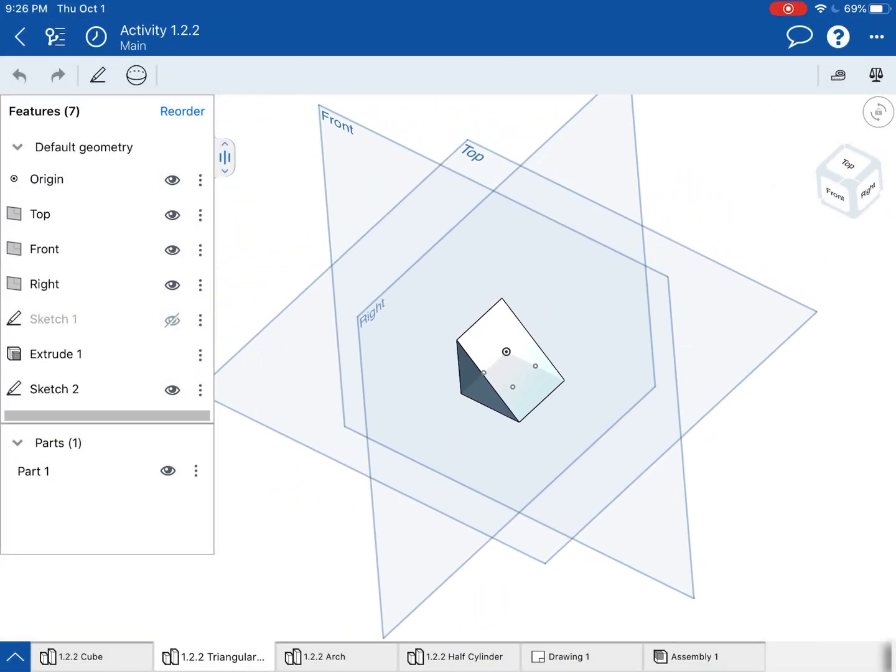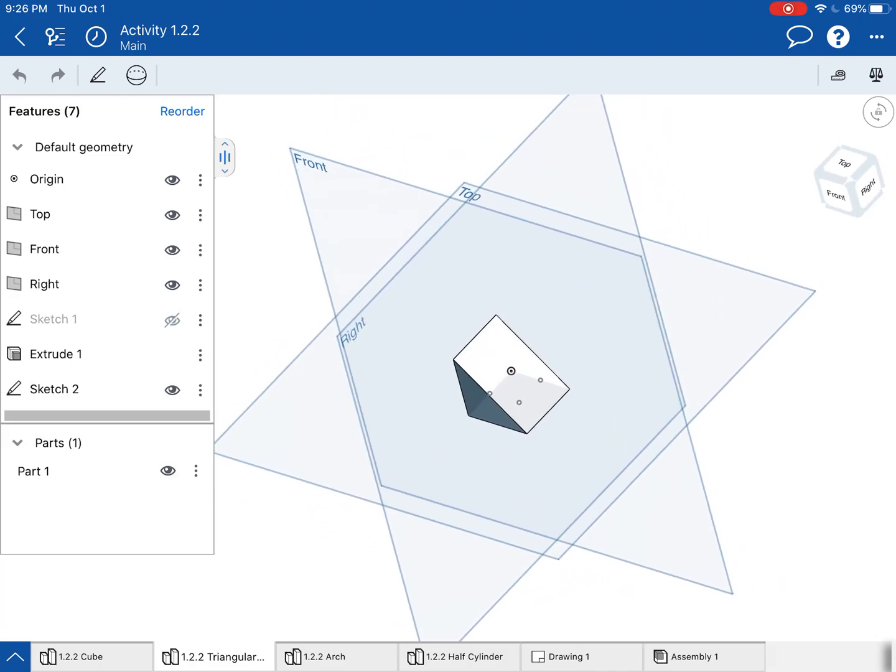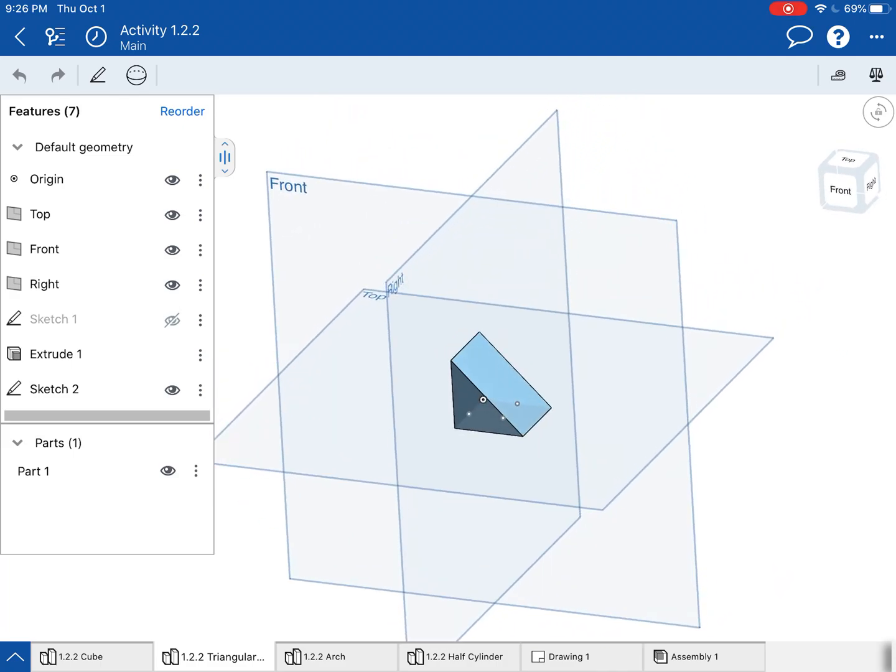Alright guys, so this is, I believe, step 7 that we're looking at here, and it asks us to fillet the edges of these pieces from 122 that we made. So you need to go back to 122. You should have that activity 122 document set up, because I told you to set it up. Alright,